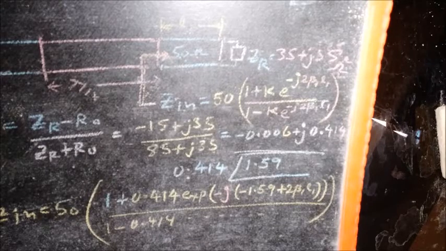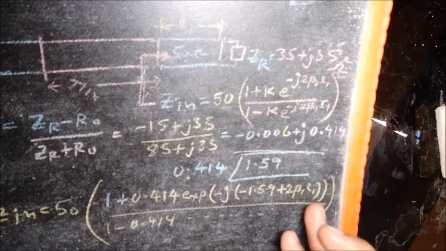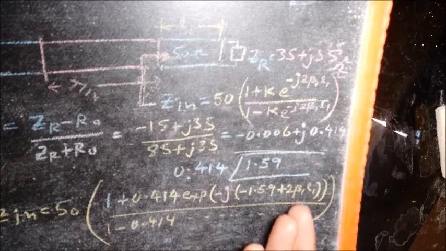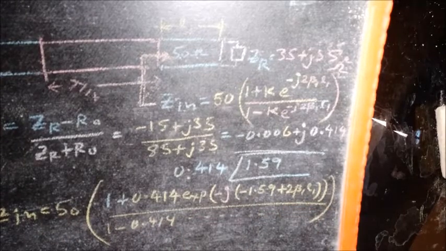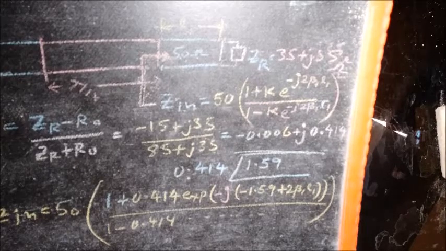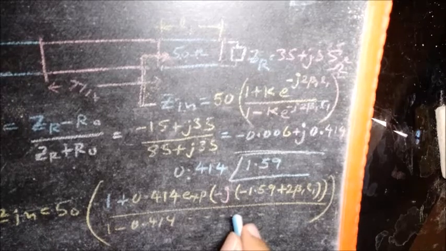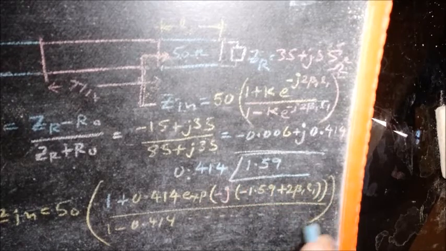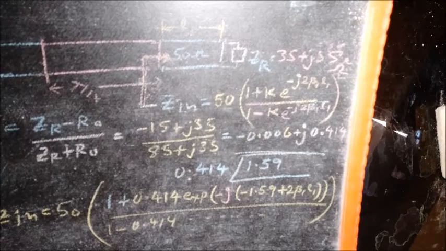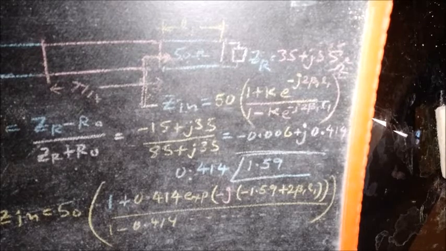Analytically, it can be done. It's a bit tricky, and later on we'll see that there is an easier way of doing that. But before that, we'll do it analytically. So we know that there are several values of L1 for which this will become real, but we prefer to have the smallest value for L1. So if this has to be real, this phase has to be 2 pi. If you can adjust that phase to 2 pi, the problem is solved. Or 2 pi into an integer. So let us do that.